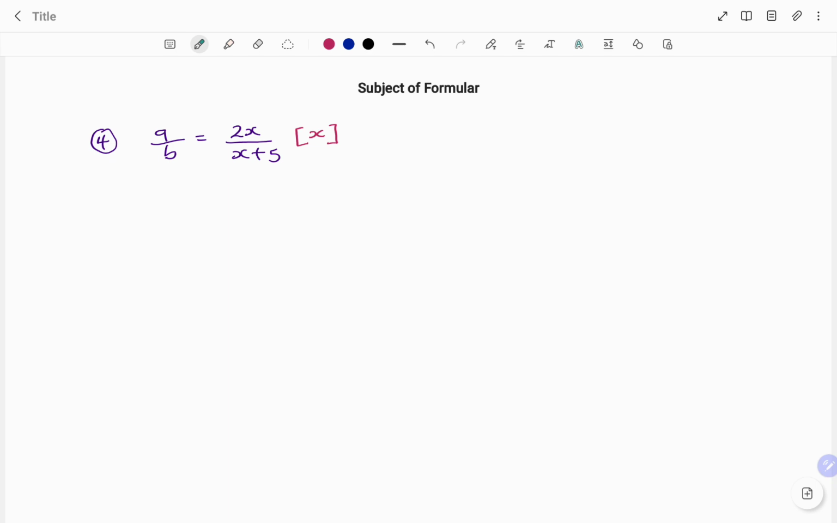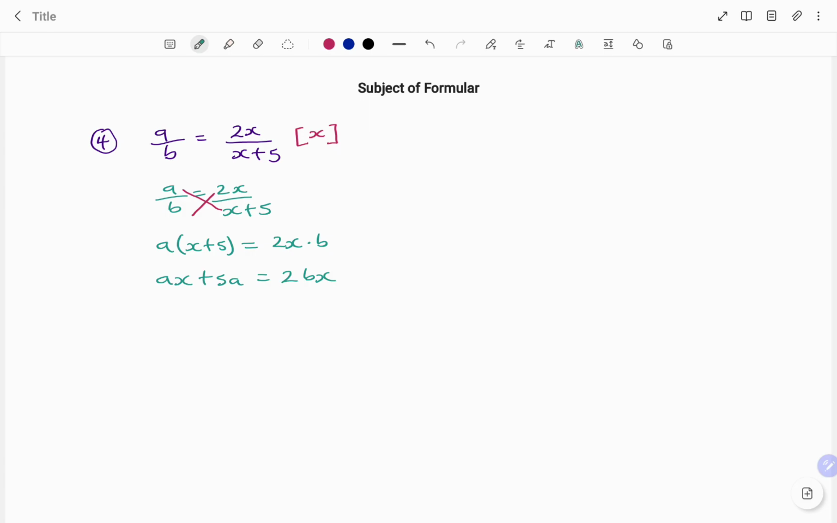In my last example, I have a over b equals 2x divided by x plus 5. The first step is to cross multiply. Cross multiplying, I have a multiplying x plus 5 and 2x multiplying b. Expanding the bracket first, my a outside the bracket is going to multiply all the terms in the bracket. That will give us ax plus 5a equals